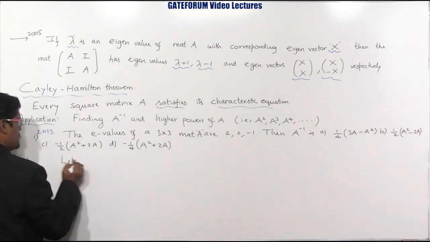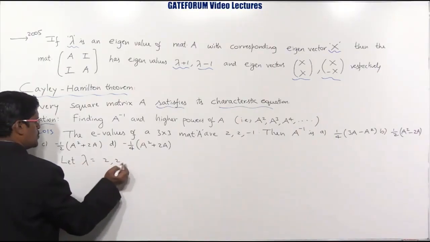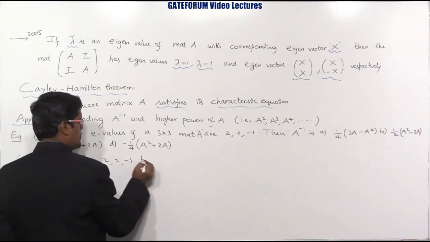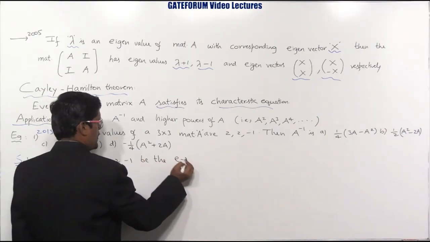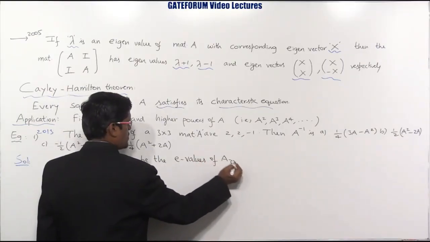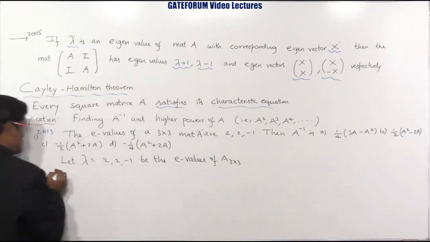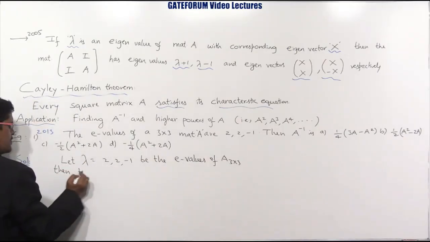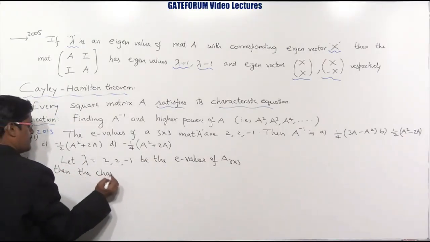Let lambda equal to 2, 2, minus 1 be the eigenvalues of the 3 by 3 matrix A. Then the characteristic equation is